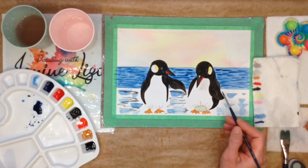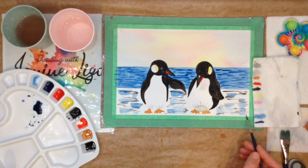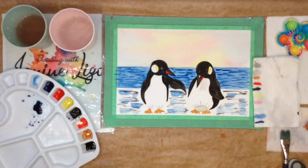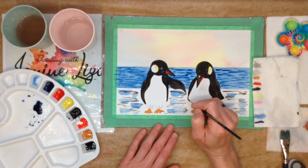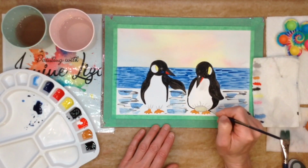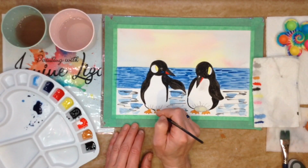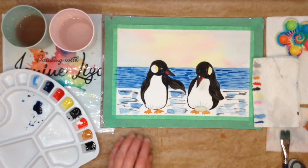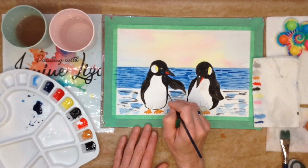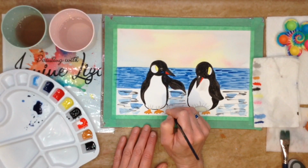I'm also going to add some of the black, a little touch on top of the shadows by the egg, and perhaps do a little detail on the toes of the penguins. With the tip of the brush, I'll just go around the pencil line on the edges of the penguin body, and I will use this black again with the tip of the brush to paint the little claws on the feet, and some of the little lines, the details on the edges, just smooth those out if I need to,